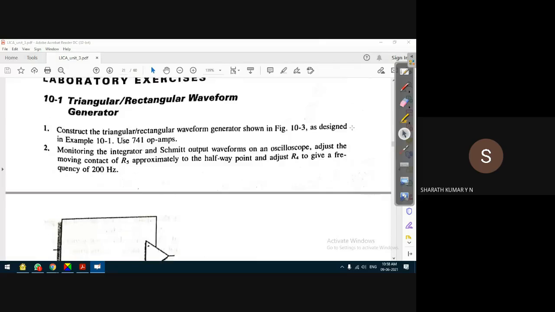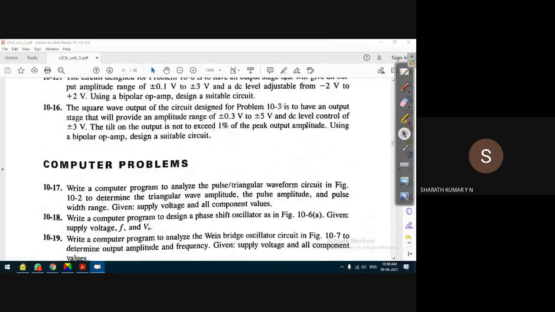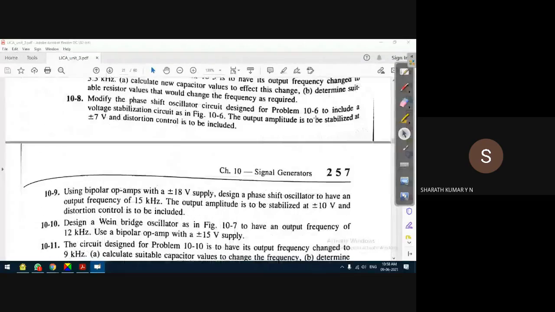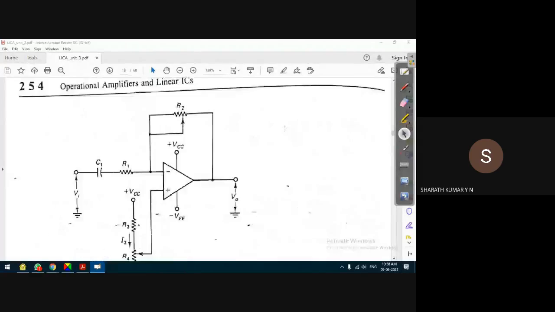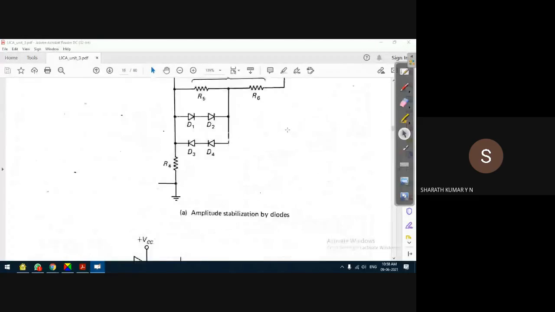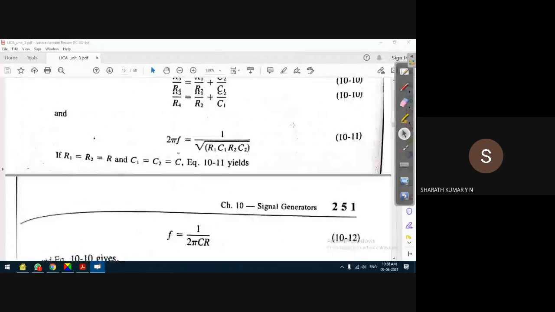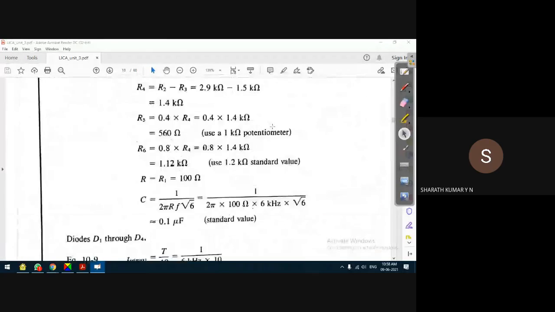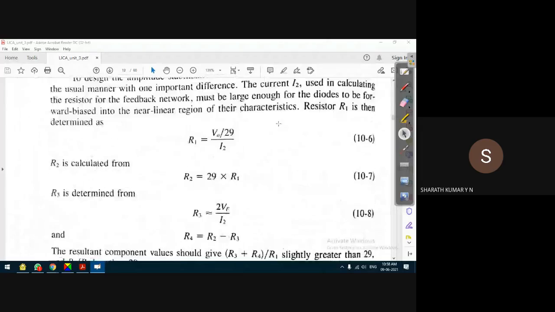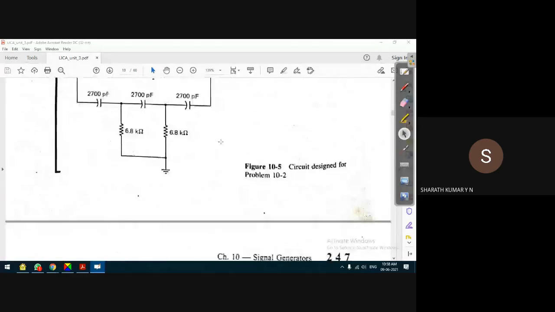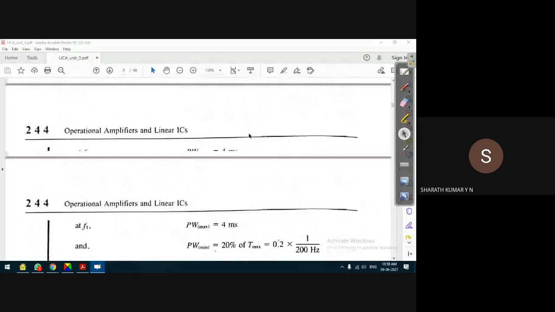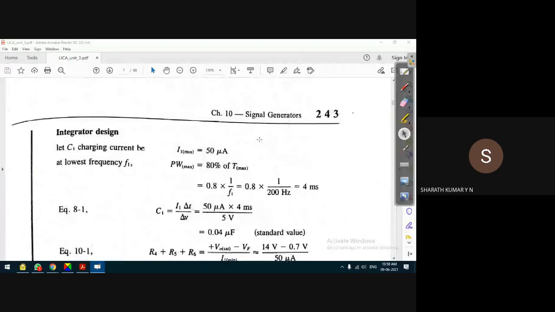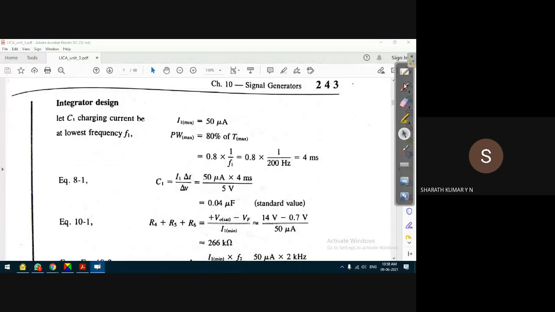I'll continue with the numerical problem. We'll discuss it in a little detail to understand the design purpose, because if this problem is given in a test or exam, it will be for at least 10 marks. It's a detailed numerical problem with a lot of values. So recalculation of current is a must. If recalculation of current is not considered, the design value you get will be wrong. So recalculation is a must. Here also we get the recalculation of the current. It is a must.